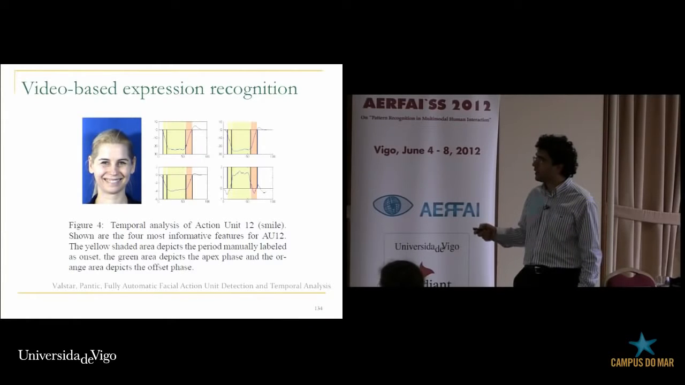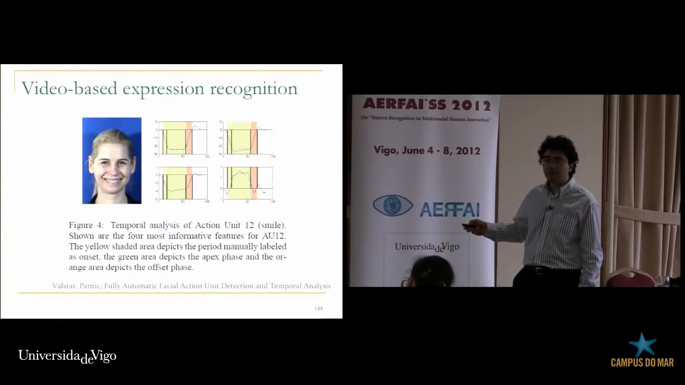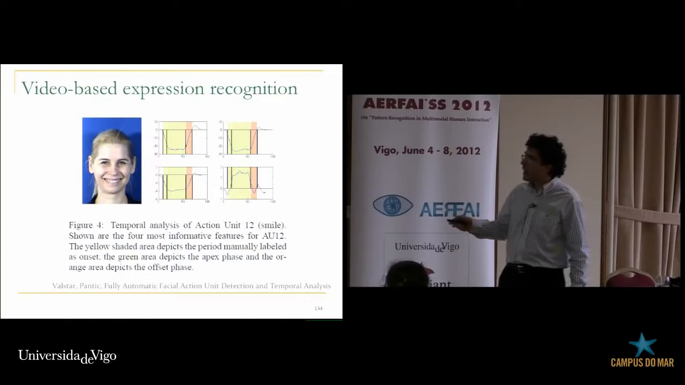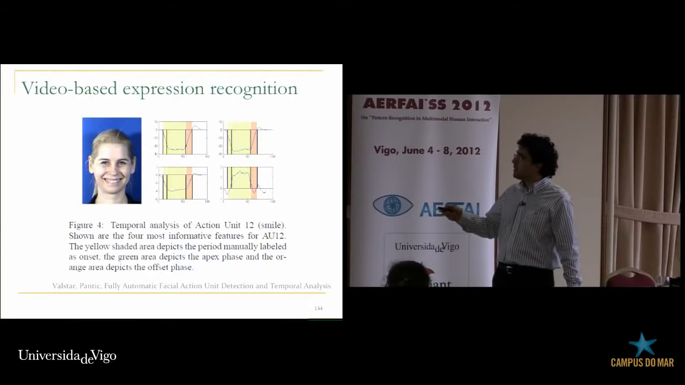It's very relevant for smiles, unit 12. And different facial features show different profiles in time when this action unit is happening. And what people usually do is they separate this temporal profile into three phases: the onset of the expression, the apex, and the offset. I told you that Ekman thinks that just looking at the apex is a good summary